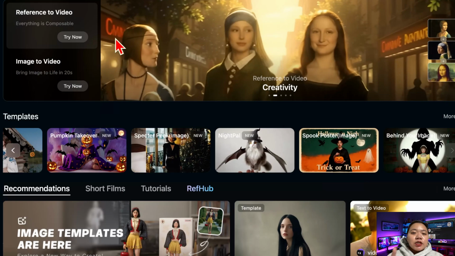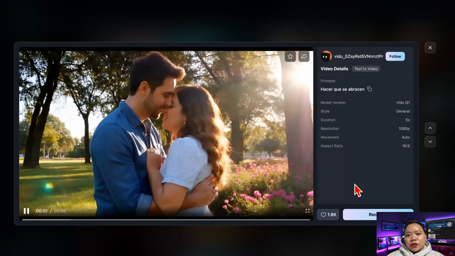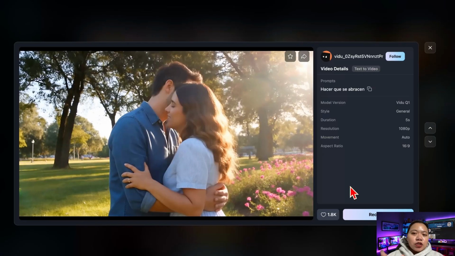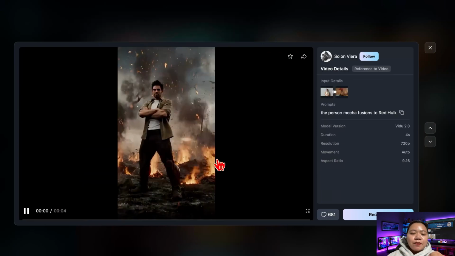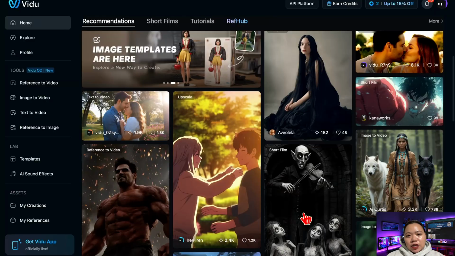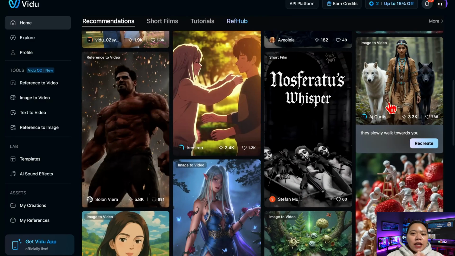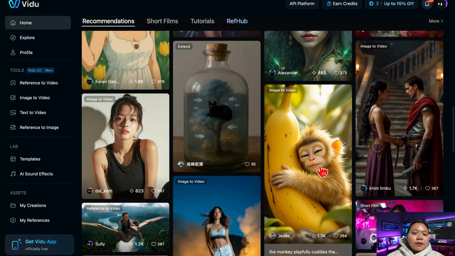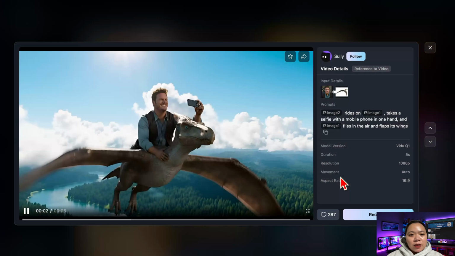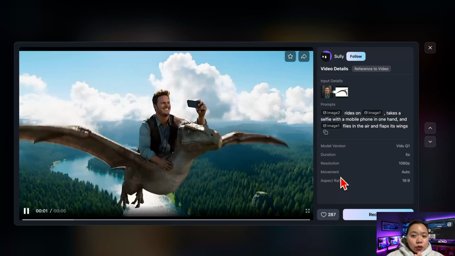Performance wise, Q2 is a beast. It renders faster, processes prompts more intelligently, and understands context in a way that feels intuitive. Describe a calm sunset conversation, and it gives you soft lighting and steady framing. Describe a high speed chase, and it switches to dramatic camera angles and intense motion. That kind of dynamic response used to require a full film crew. Now it happens in seconds.